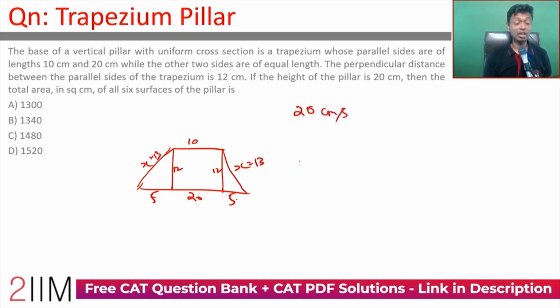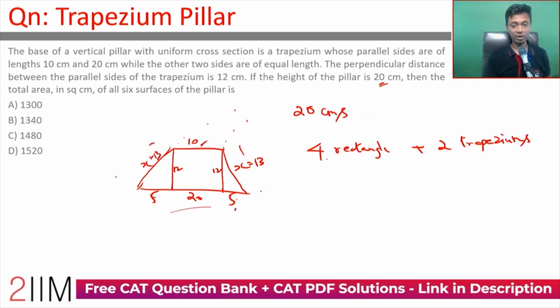Then the total area in square centimeters of all 6 surfaces of the pillar. Remember that the pillar is erected on top of this. And so that particular pillar will have as its sides 4 rectangles plus 2 trapeziums, one at the top, one at the bottom. For the 4 rectangles, one side will be the height. The other side will be 10, 20, 13 and 13. So we'll have 4 rectangles,